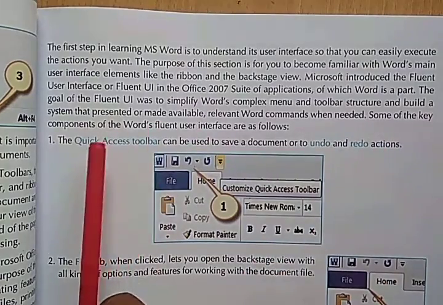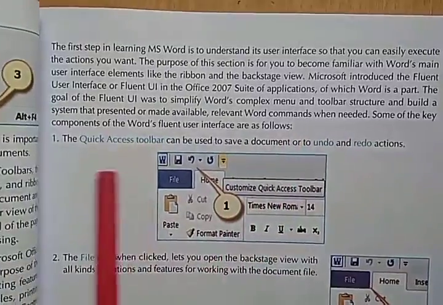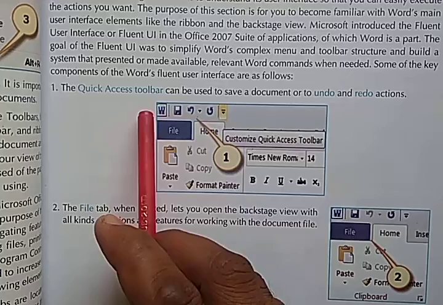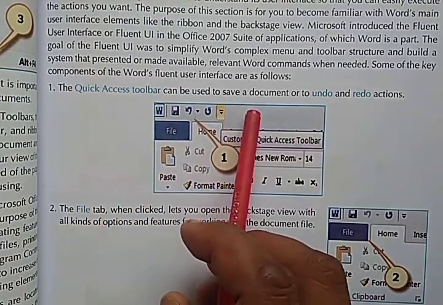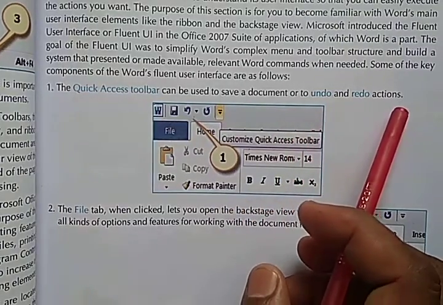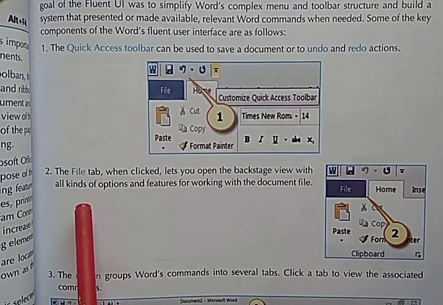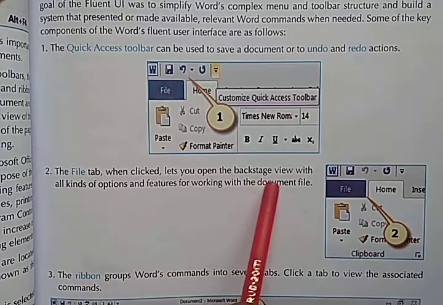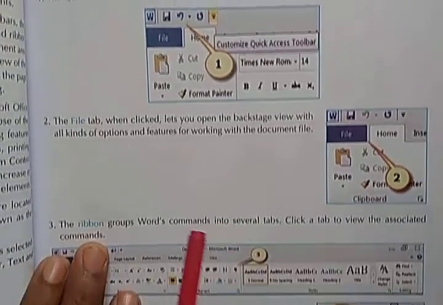Some of the key components of Word's Fluent user interface are as follows. Number 1, the Quick Access toolbar. The Quick Access toolbar can be used to save a document or to undo or redo actions. Second is the File tab, which when clicked lets you open the backstage view with all kinds of options and features for working with the document file.